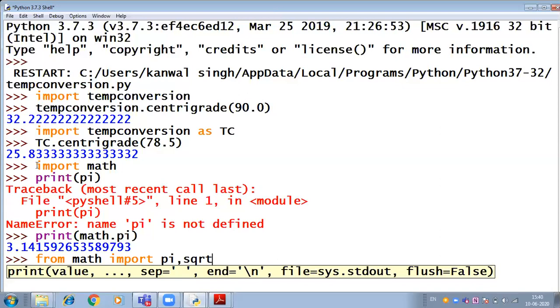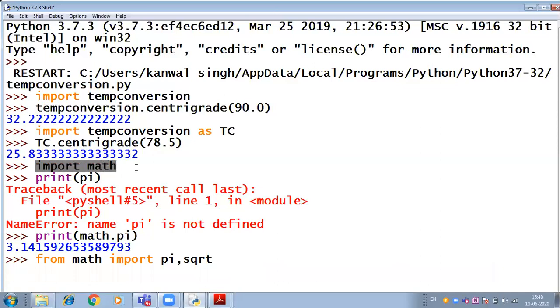Through this example, you will be able to import from the math library. This math is what? It is a library actually here. Fine. It is actually a collection of modules, functions, and packages, right? But if you want to access only a few functions from that particular library, then what do we have to do? We have to write the names of those functions along with this from clause. So what we have to use? From math import pi and square root. Now I press enter. They both are imported here.